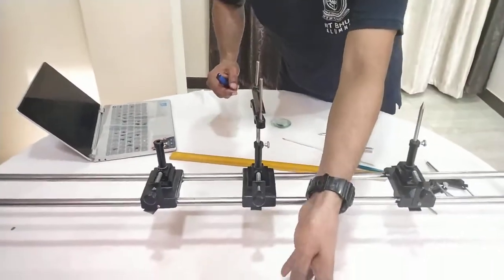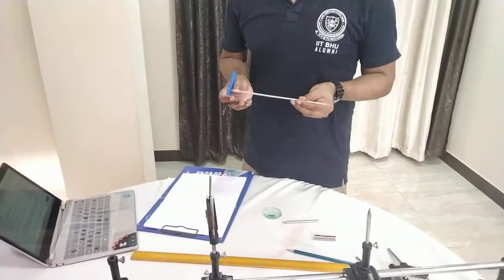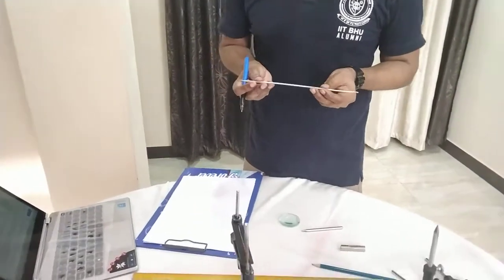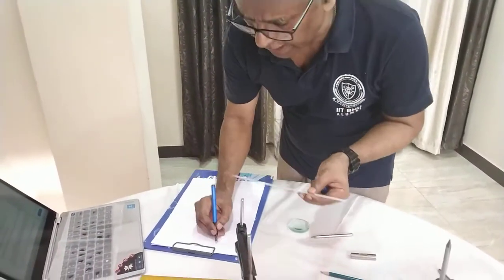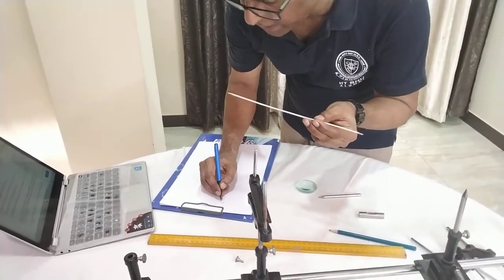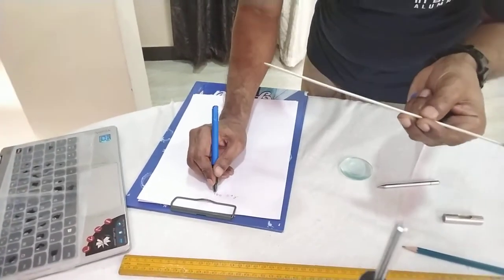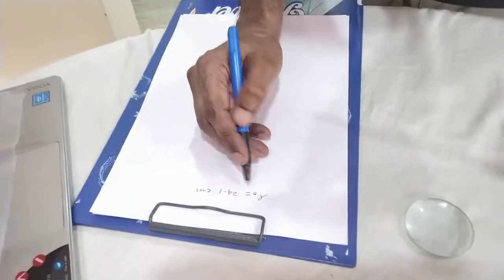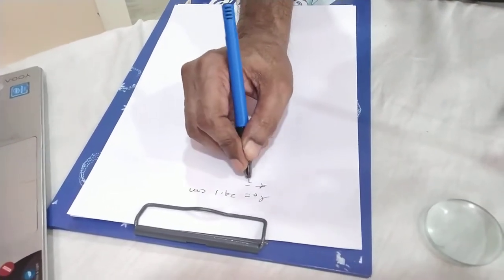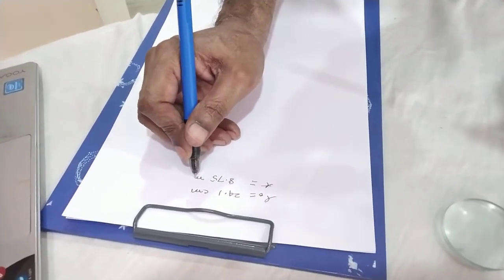Like in this case, we have to now calculate what the index error is. The actual length of this index needle was equal to 24.1 centimeter, and the lens thickness was 8.75 millimeter.